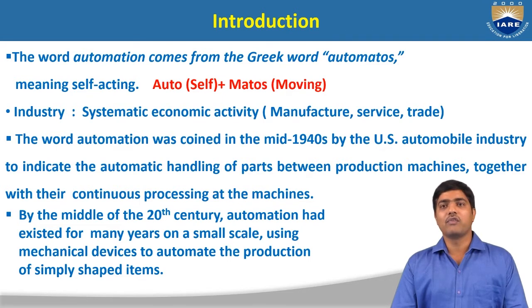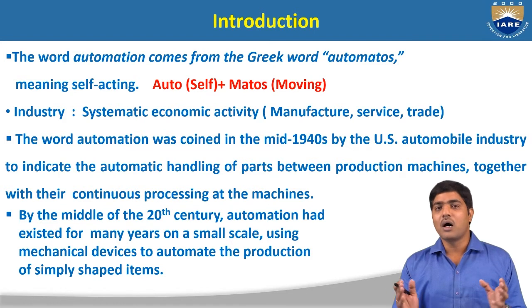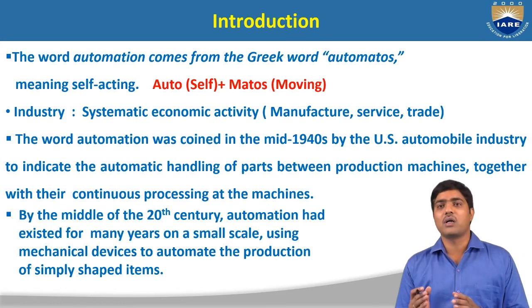So this together with their continuous processing at the machines. The word "automation" was first invented in the mid-1940s for automatic handling of parts between the production machines. Suppose you want to produce any product; it may be a combination of various parts. If you assemble all the parts together, then only you are going to come up with the end product. So this automation was developed on a small scale in the middle of the 20th